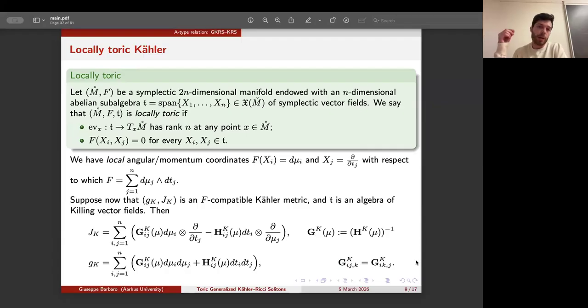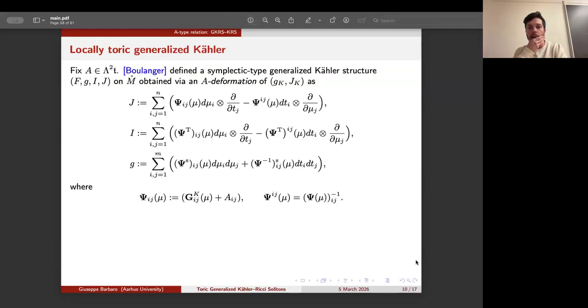Okay, so now the point is that we have a canonical way of constructing a generalized Kähler metric starting from a locally toric Kähler metric, and this is due to Boulanger. So what is the point? The point is that you do an A-deformation of your Kähler structure. So what is an A-deformation? You take a skew-symmetric matrix A. You define your new matrix as the g of the Kähler one plus A, and you take the inverse,